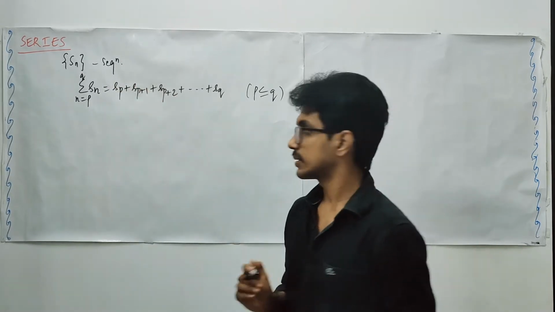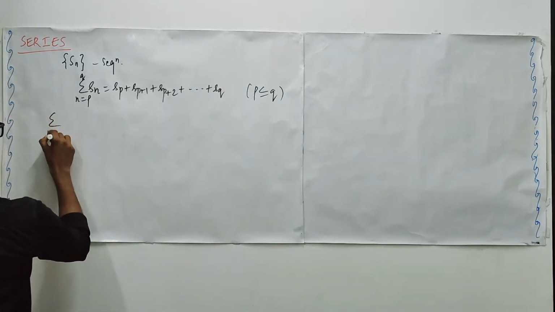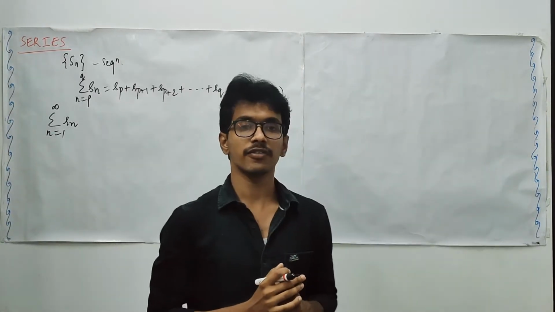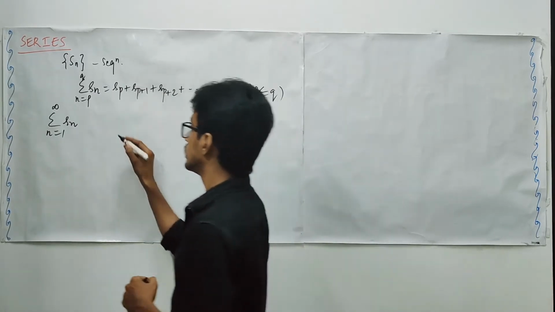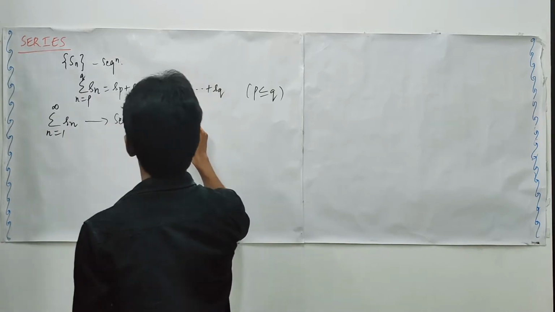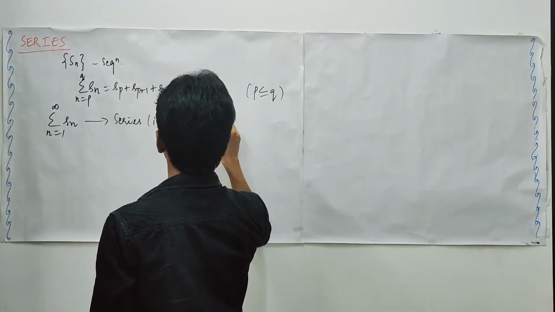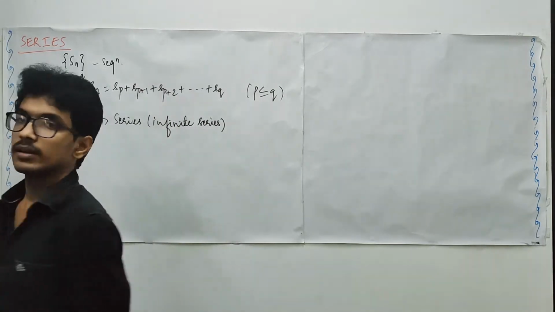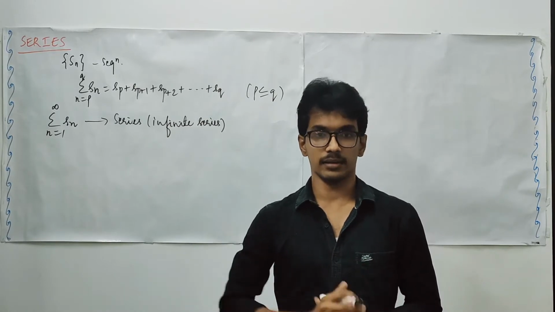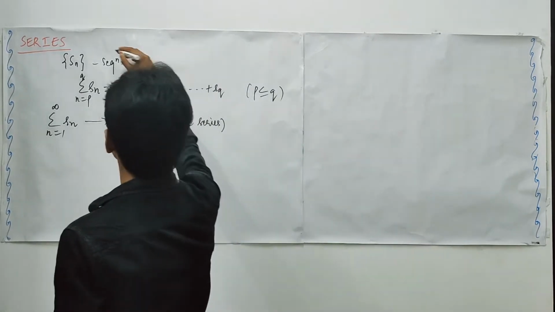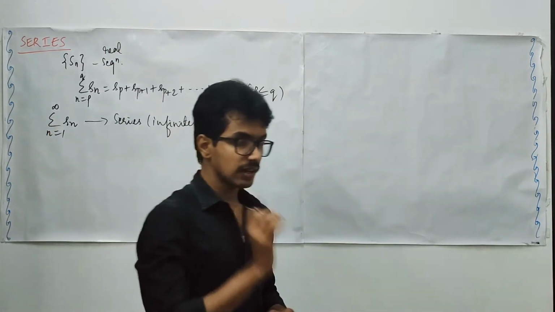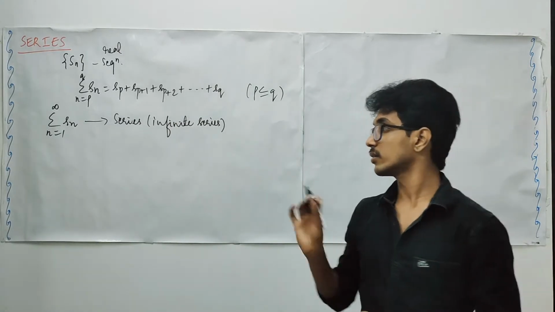When you write summation n runs from 1 to infinity Sn, those are the terms, and if you make the sum of the entries in the sequence, this we call a series, especially an infinite series. Here in this course we are going to deal with sequences in real life. We are going to talk about real series, real infinite series. That is what we are going to cover in this course.